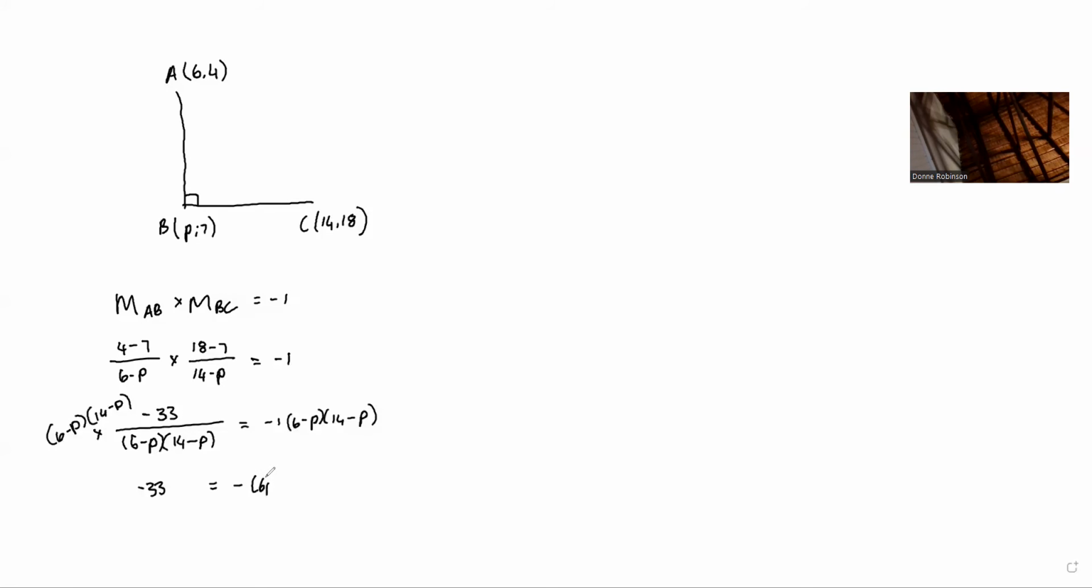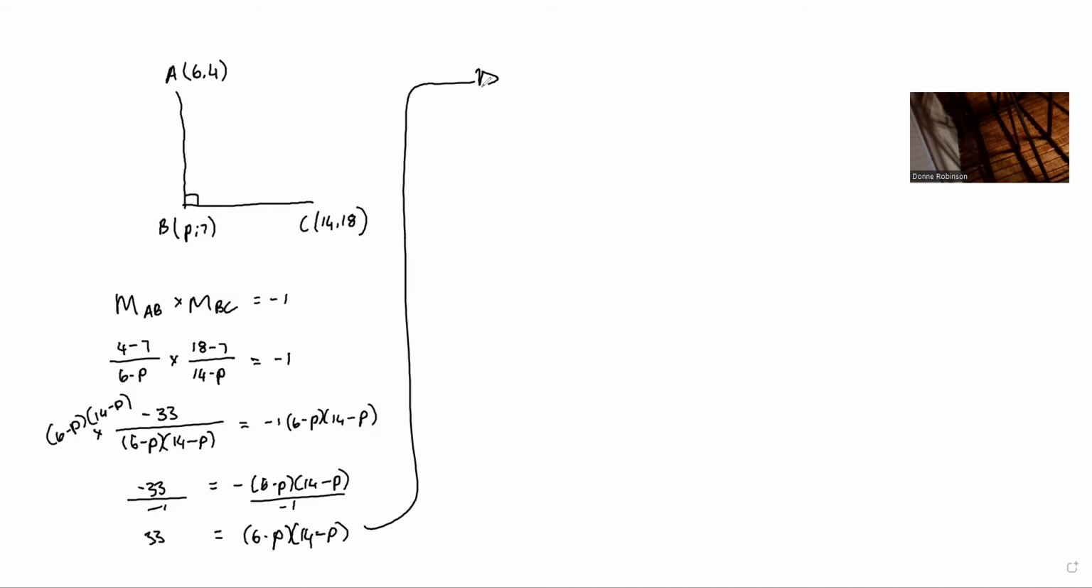-1 times (6 minus p)(14 minus p). I can divide by -1 on both sides to get rid of the negative, and I get 33 is equal to (6 minus p)(14 minus p). The next thing we're going to do is now we are going to work out our brackets. So let's just write down our 33. We multiply in, so now we have